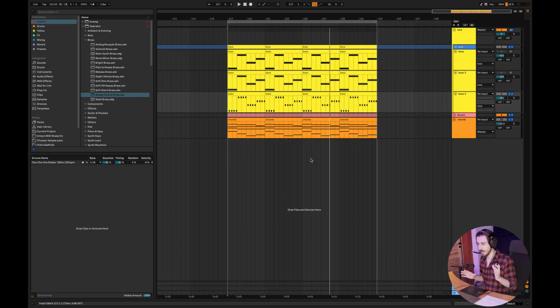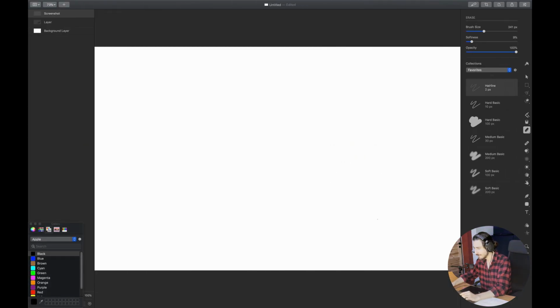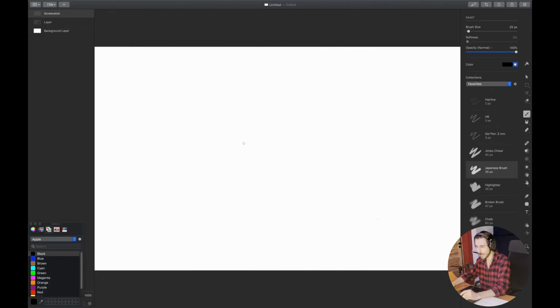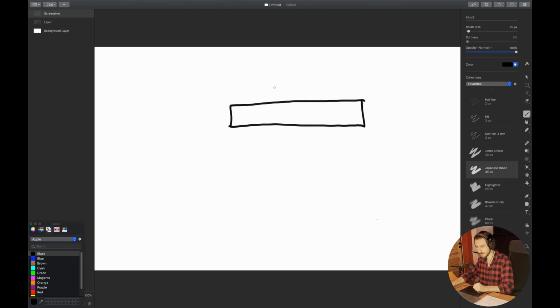Alright guys, so I want to start with the types of bass you can find in any electronic dance music track. And we have only 3 main types of bass. So the first one is a sustained bass that looks something like this, right? Let's pretend that this is the grid. This is the grid, and it's going to be sustained